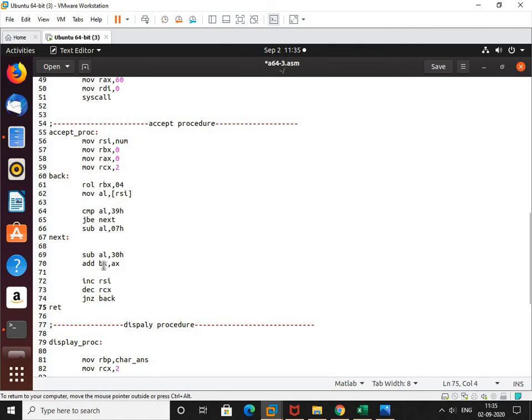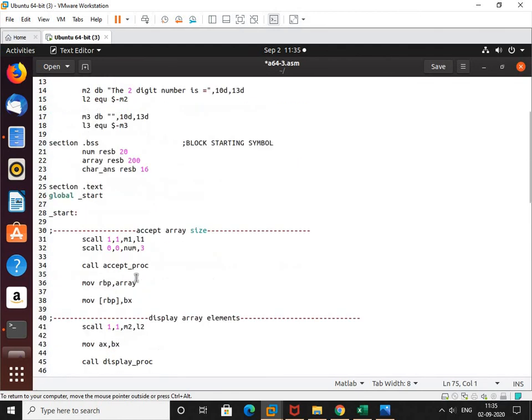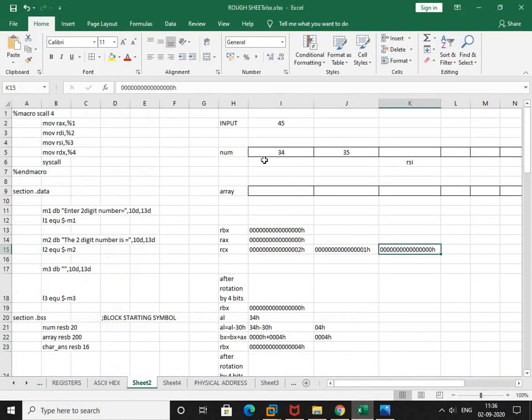So whatever value we got in BX, we will return here, right? So the next instruction after call is move RBP comma array. So here the array we have taken of 200 bytes, and we need a pointer to read the contents or to put the contents in the array.